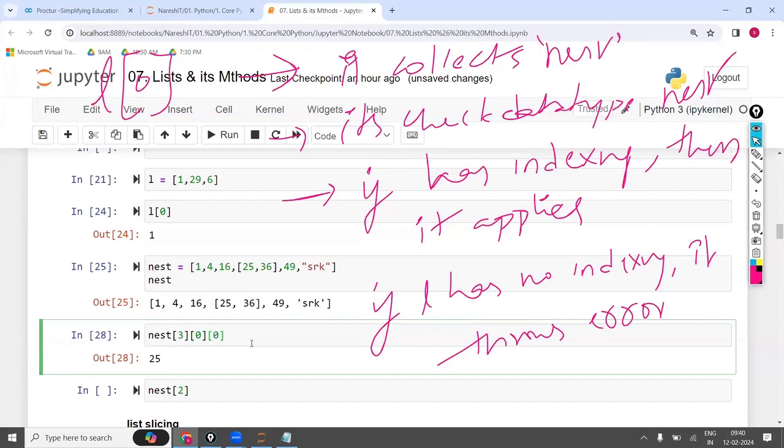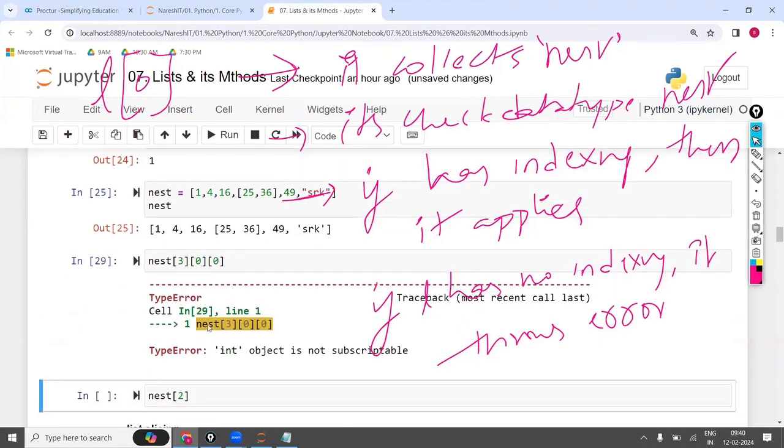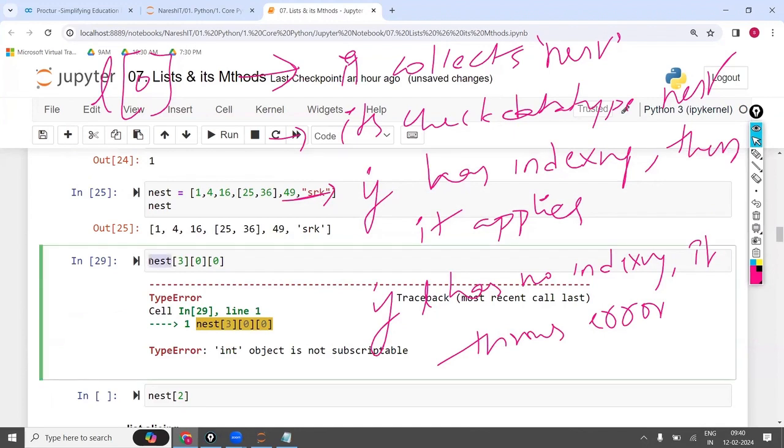Is that applicable? No, because int is not subscriptable. Here nest is a list, but we get a type error: int object is not subscriptable. Why is it giving that? Because first it has collected from here to here. After that it has applied here. Later it has applied this one. Is the point clear?